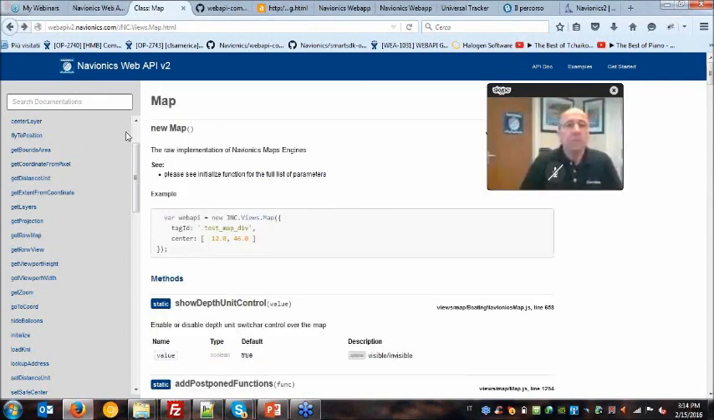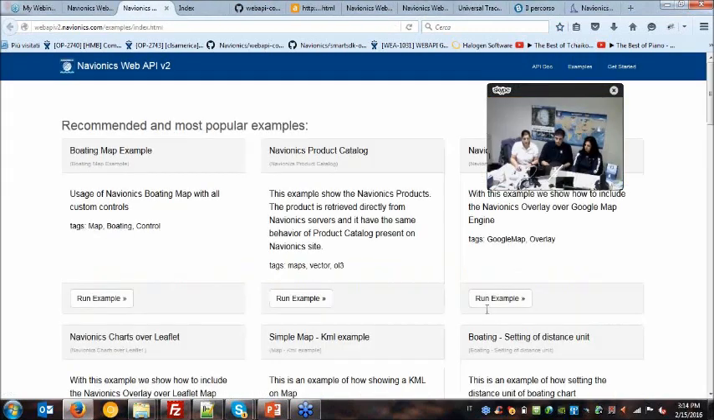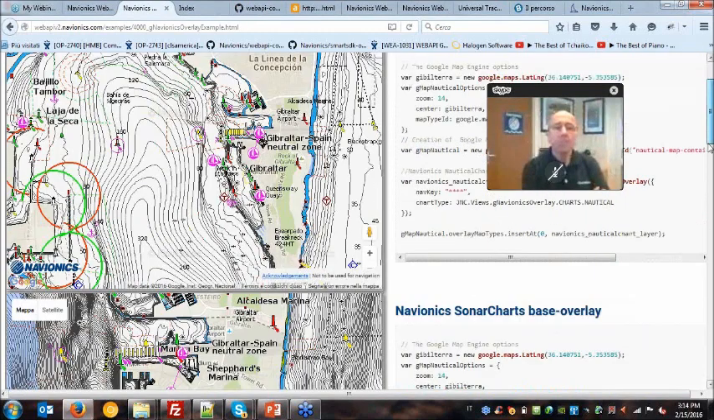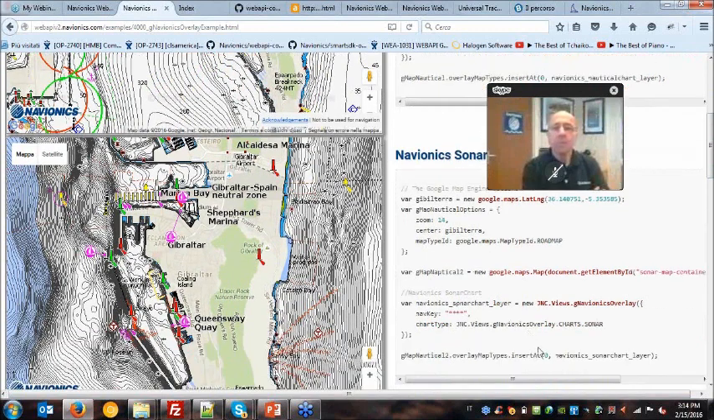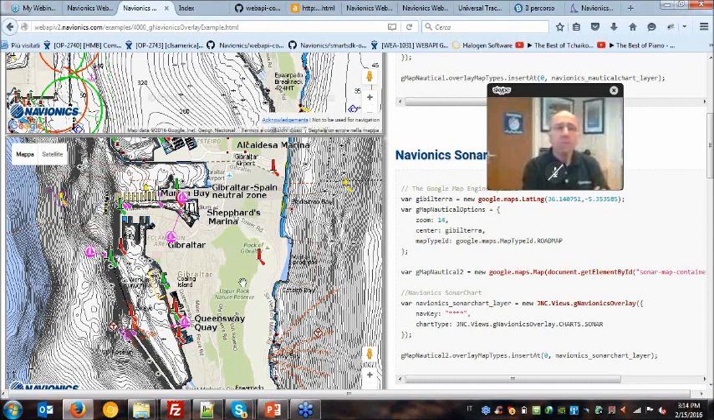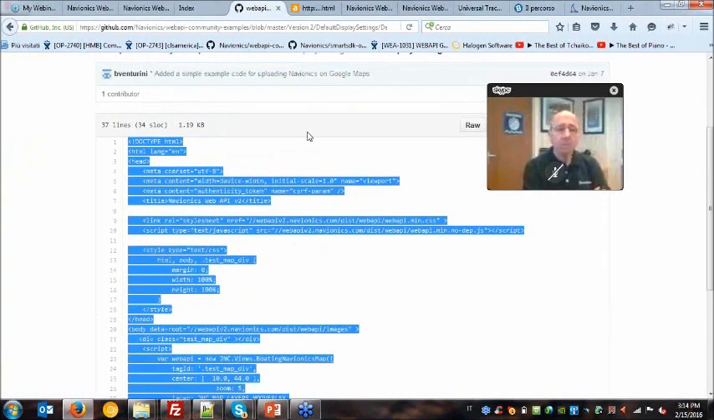Another very interesting point is the code example, where you can find a short example of how to use the Navionics Web API. For example, here you can see an example of code that you can use to overlay sonar charts on Google Maps. Additionally to this documentation and example code, it has also been created a repository